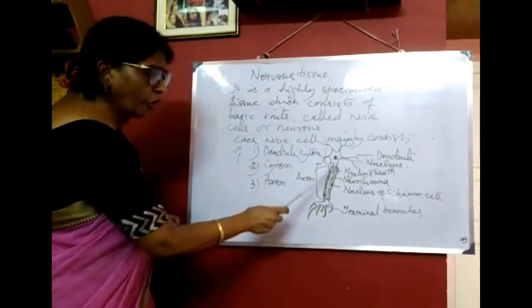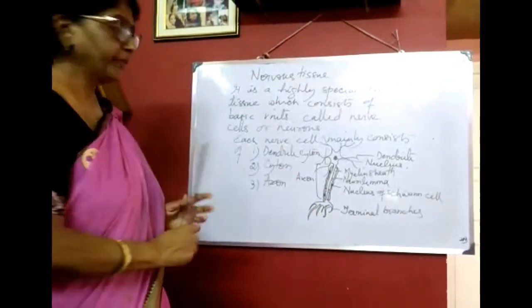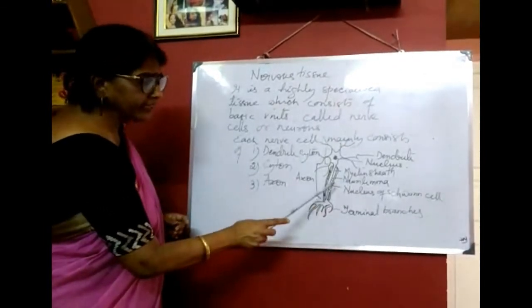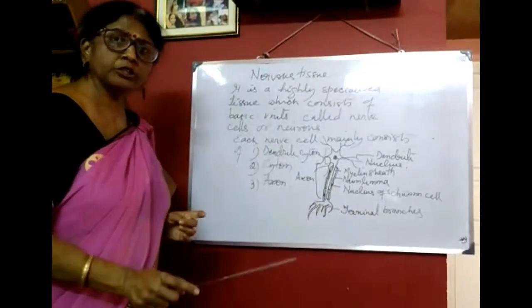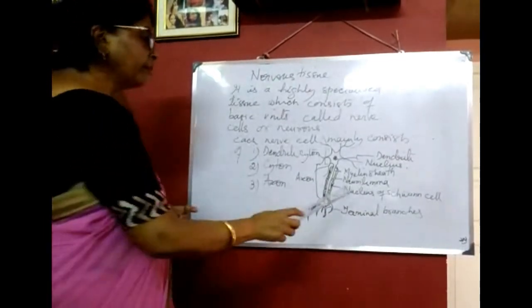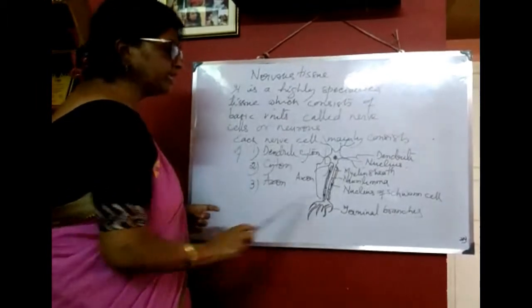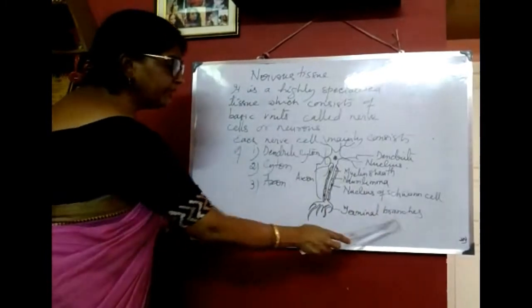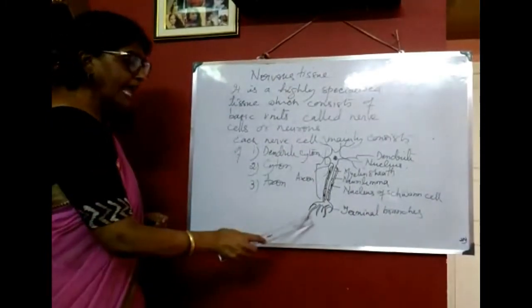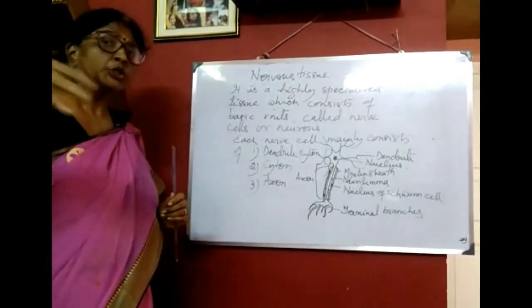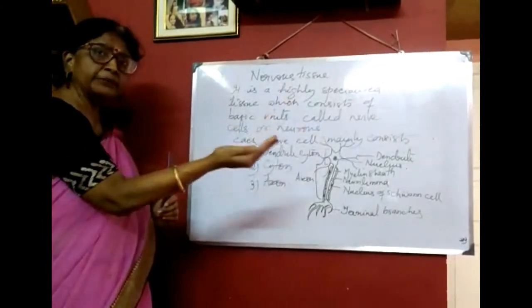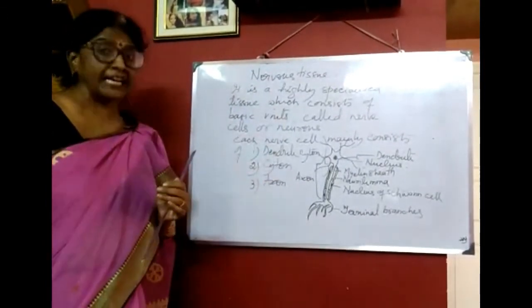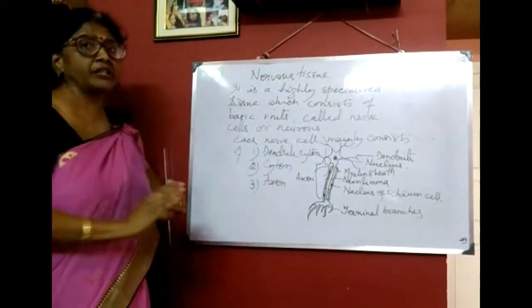Next, I have drawn here a myelinated nerve fiber. You can see myelin sheath, then the covering is called the neurilemma, then the space where the myelin sheath is not present, that is called the node of Ranvier, and the membranous covering is called neurilemma, and then the nucleus of Schwann cell. Then terminal branches of axon. So axon helps in transferring impulse to the next neuron, and dendrite helps in receiving impulse from the previous neuron. That means it receives impulse and axon transmits impulse to the next neuron. This is the function of neuron.